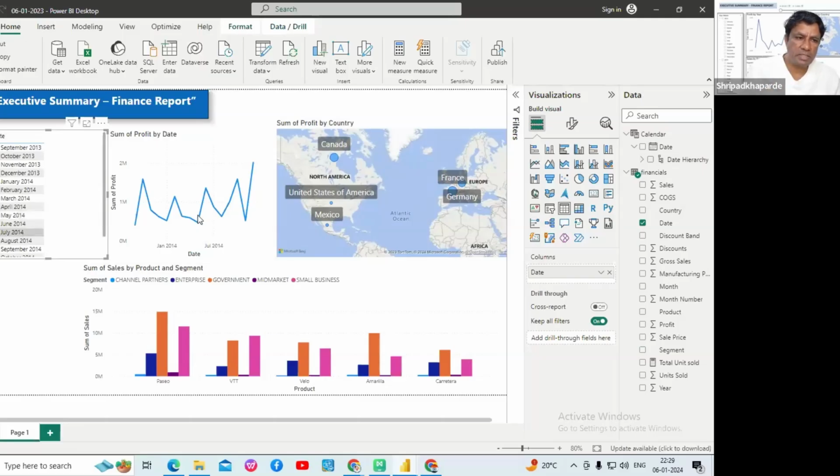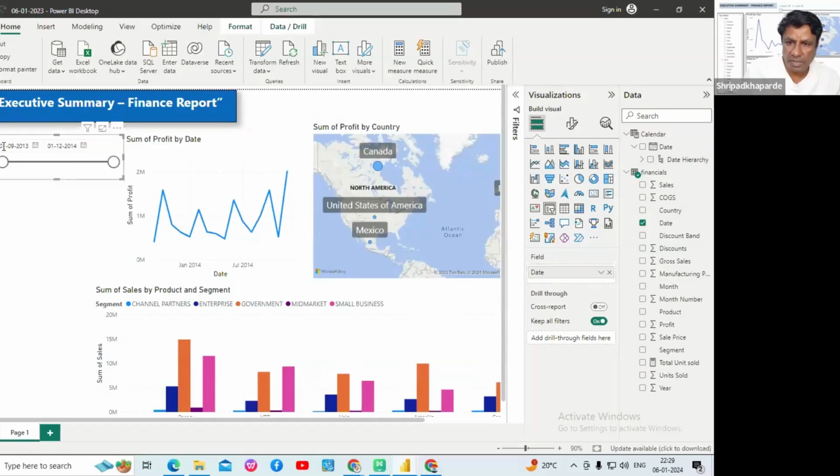And what is the next step? Then I have to keep it selected and I have to click on the slicer. Just click on the slicer. So one date slicer is created here. You can see the date slicer, that is 1/9/2023 to